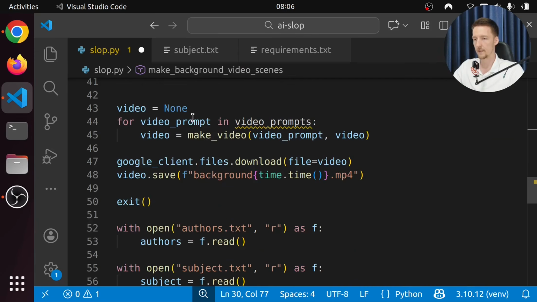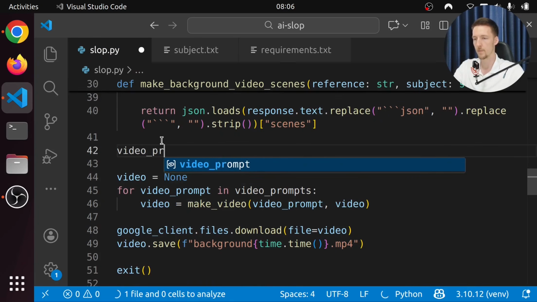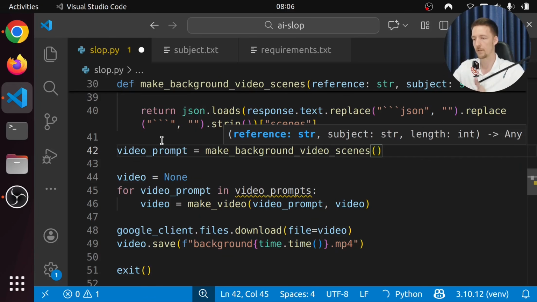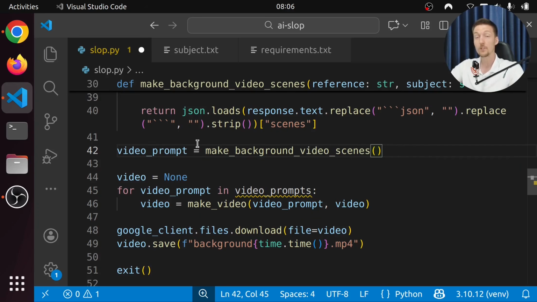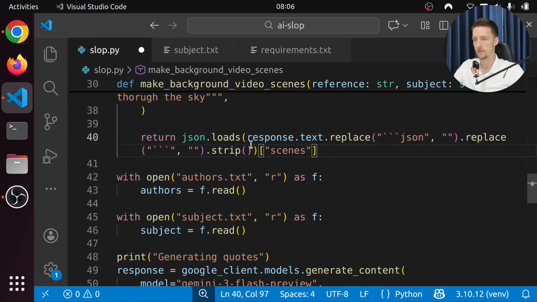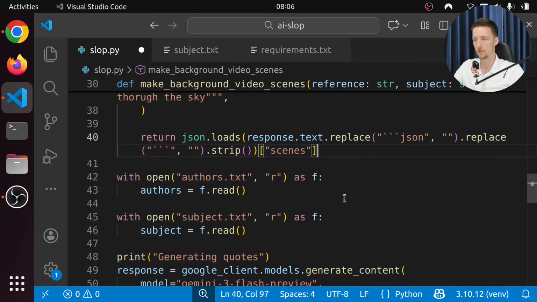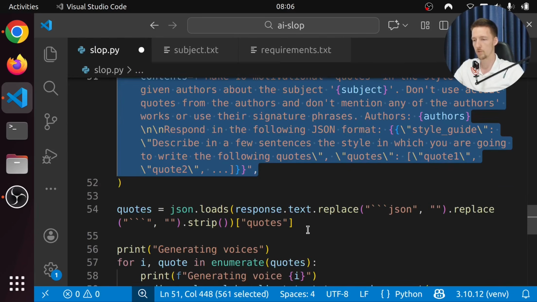So then we can slap it in here. We can say video prompts is make background video scenes. And we put the reference here. So let's try to do the whole thing. Let's move this down. We have our functions here. And then we are going to generate the quotes.